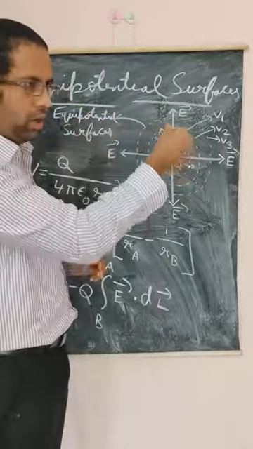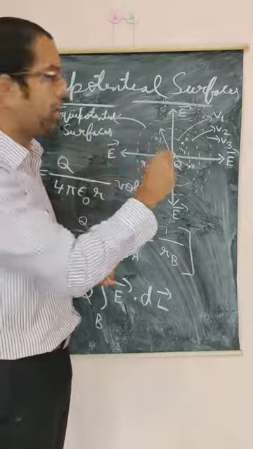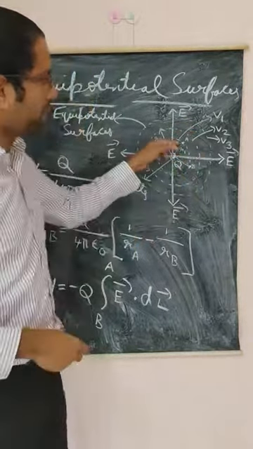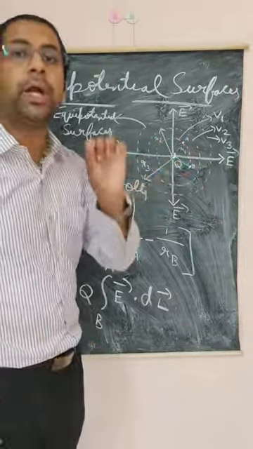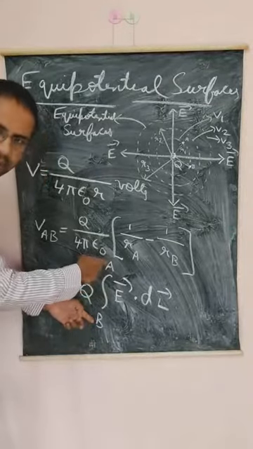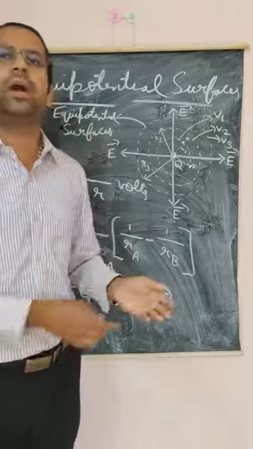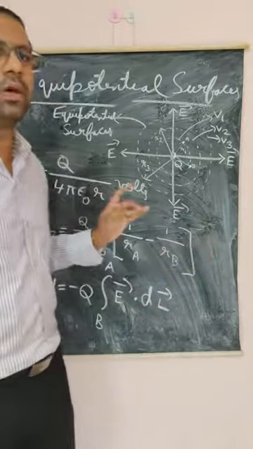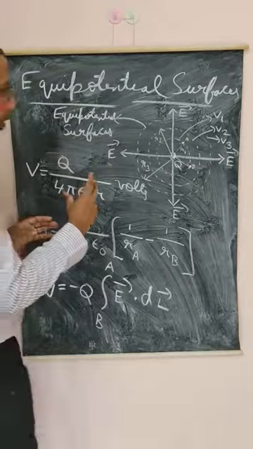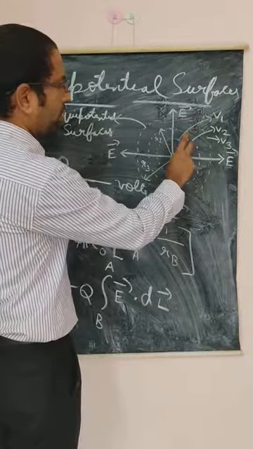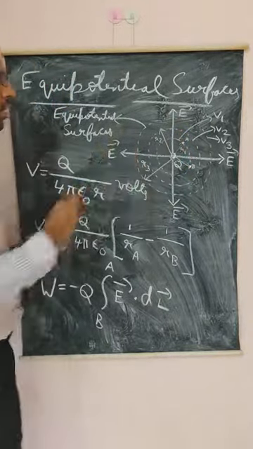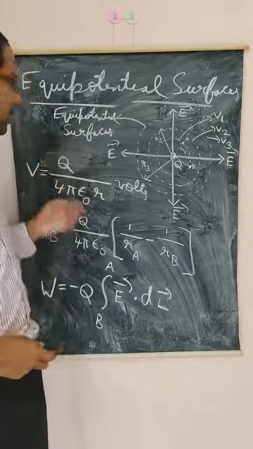So on the equipotential surface, whenever you take a test charge and move or push it along the same equipotential surface, zero work will be done. Because when both the initial position and the final position are the same thing, then the answer will be zero. This is the work done on equipotential surfaces, and this is the potential when you take the voltmeter from the place where the charge is kept to any particular point at radial length R. This will be the formula.